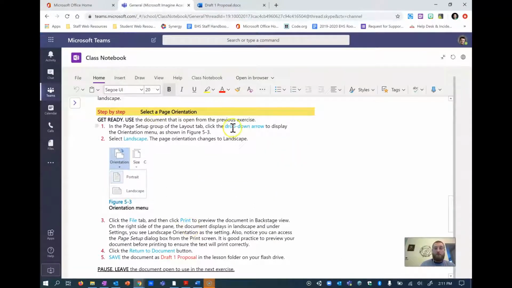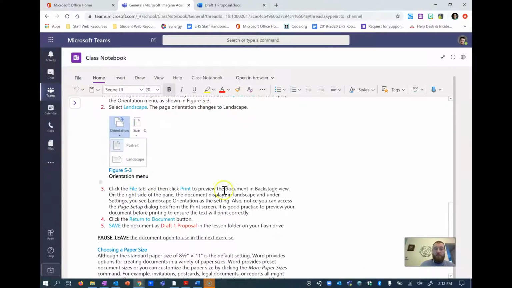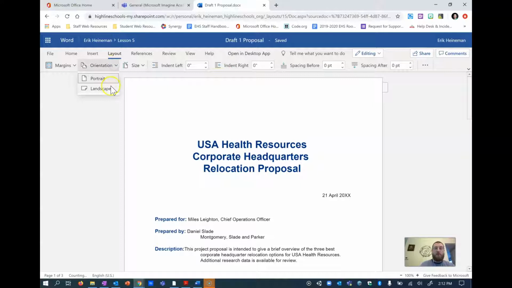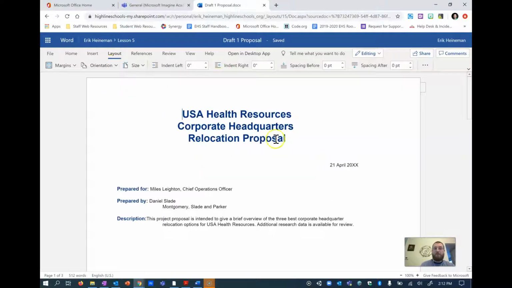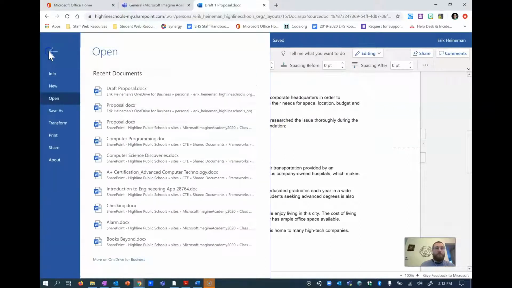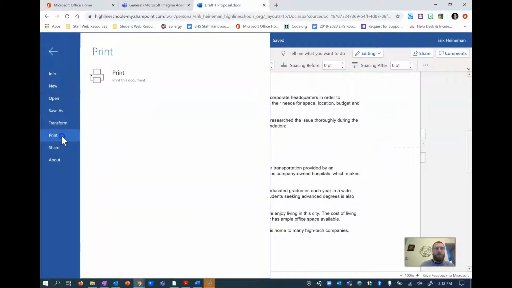So what we're going to do is switch to landscape. We're going to use the print preview just to make sure that landscape shows up, and then we can head back. So we're going to click on Layout, click on Orientation, and choose Landscape. And you should see it on your screen. It'll change. If I go to File and I click on Print,